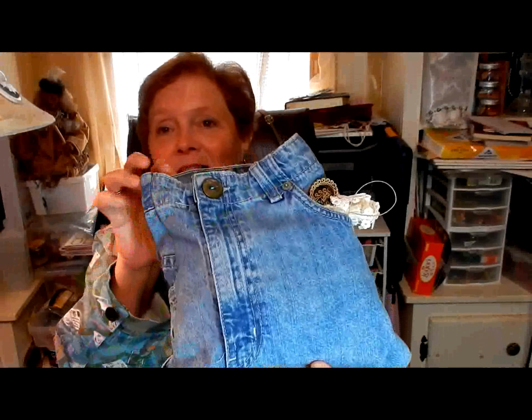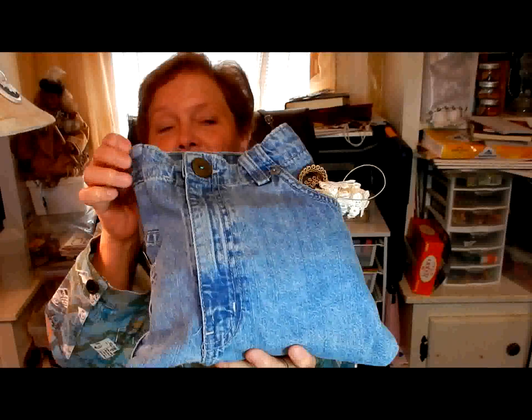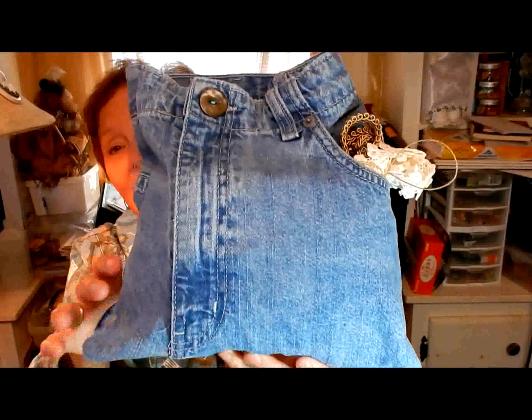On my junk journal, on my other channel, which is Kelly Bell, where I try to keep my crafting stuff, I did get assigned a swap partner. I don't know if you remember my Forever in Blue Jeans journal that I made. I thought I would share this with you because it's going to Georgia. It'll be waving at Emily C. and Dina and all of you lovely Night Owl Stitchers, all of you lovely Georgia Stitchers, as it comes into your area. I thought I would show you this bag that I made to put it in